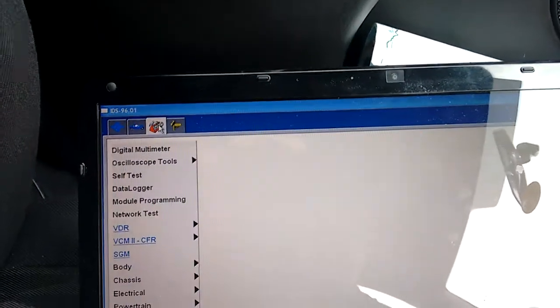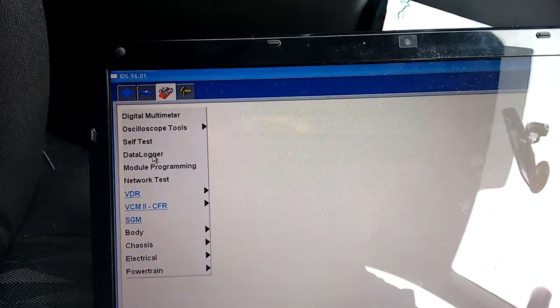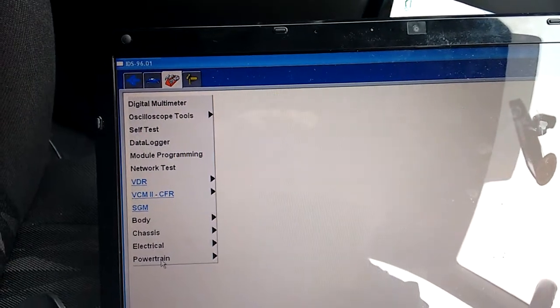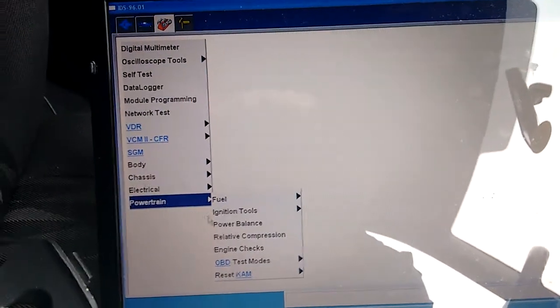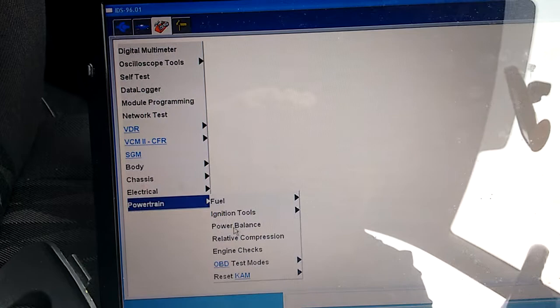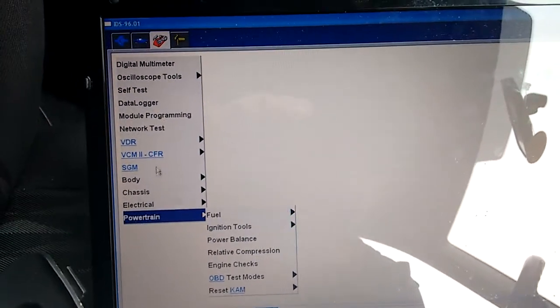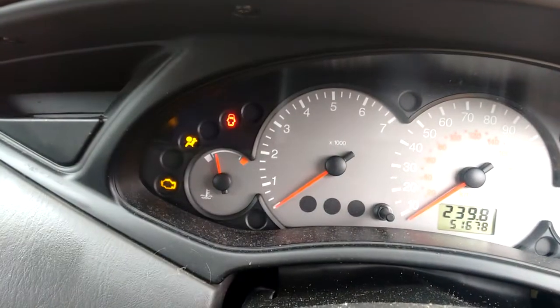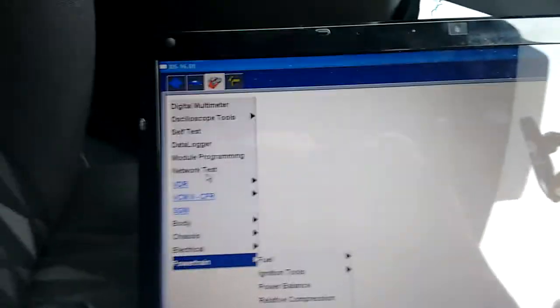click that there, and then you can go into powertrain if you like. You get relative compression and power balances, everything's in there. But what we want to do, this car's actually got an airbag light on. I noticed that when I was driving up the road. So what you do is you go into,